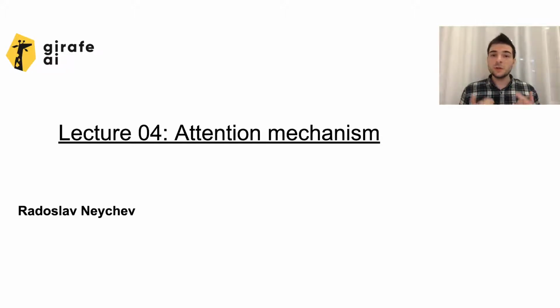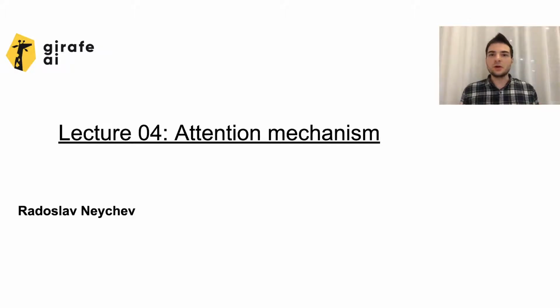Today we shall discuss one of the most famous algorithms, actually mechanisms, in NLP and in the general deep learning area, because the attention mechanism actually changed almost everything. It was first proposed back in 2014. Okay, there were several papers, I am referring to the paper from 2014 where it was proposed. But later in 2017, it led to the invention of the transformer architecture, which is heavily based on the self-attention mechanism, which also will be covered today.